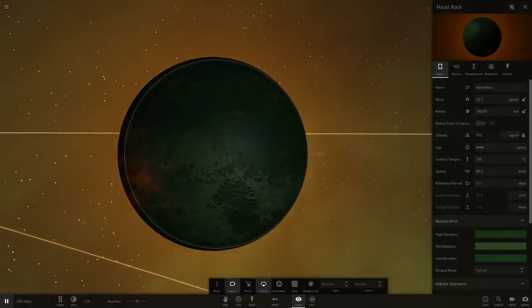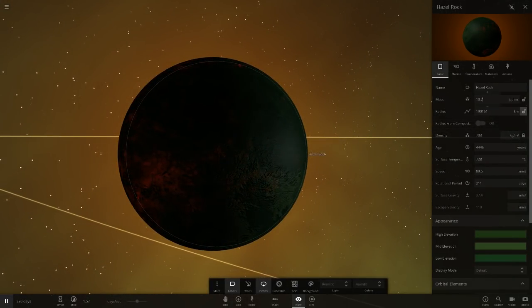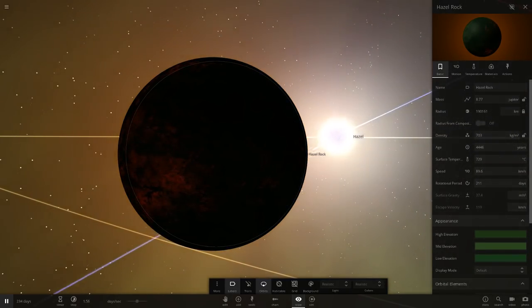So here is our Hazel Rock. Very large. But let's actually lock the radius, and let's lower its mass to just 1 Jupiter, just so it doesn't...